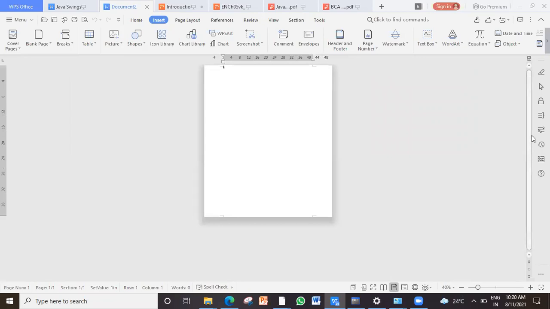I think this is by default kept on. Actually, what should happen? When I minimize the size, this should disappear because it is of no use. The entire document is visible to me. Fine. Now, horizontal is not visible, but I can make it visible. How? I'll show you.